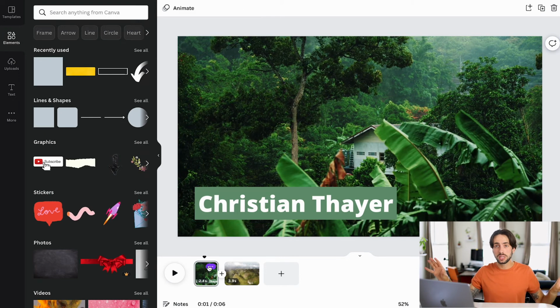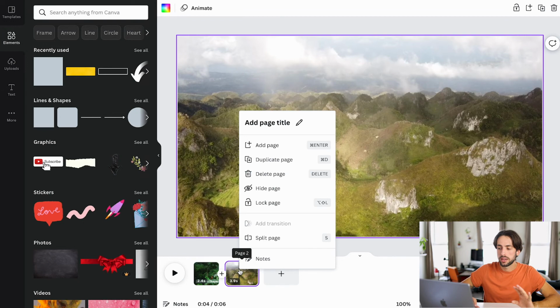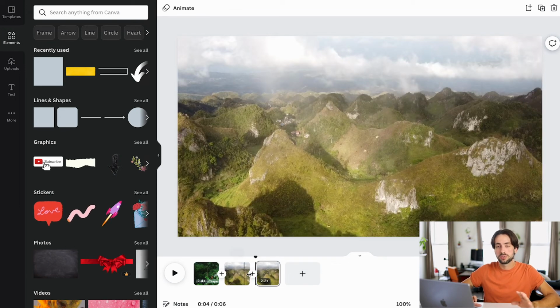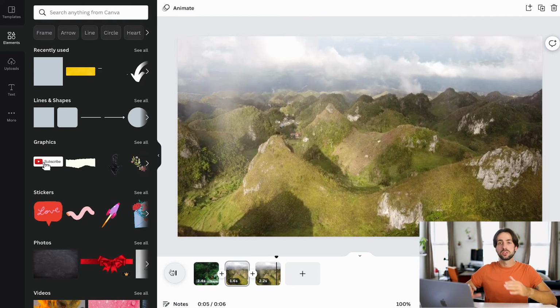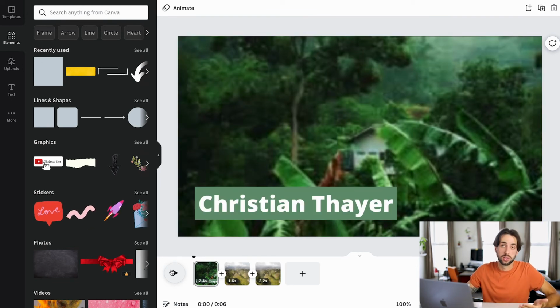You don't have to delete anything, because I can go in here, right here, and I can split this. Now these are 2 separate clips, but nothing has been deleted from the original 4-second clip. So there isn't going to be like a jump cut because I didn't delete anything. But that is one way to, or actually that's the only way to set the duration for any sort of element, so to speak.